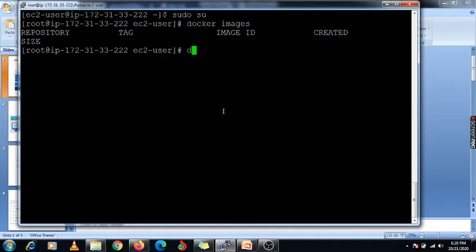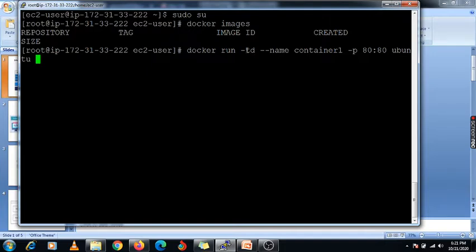Okay, so you need to use this command: docker space run space hyphen td space hyphen name. I am giving my container name, that is container1, space, and here you need to specify the option, that is hyphen p space 80:80 space. You need to use some image. Okay, so I am going to use my image, that is ubuntu space. So this is the command you need to use.